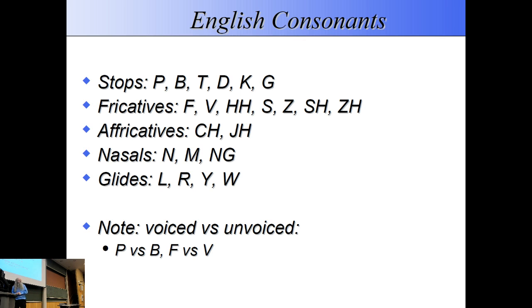Most of the names in English are very cleverly taken so that they are examples of them. So the word stop has got two stops in it, so t and p.